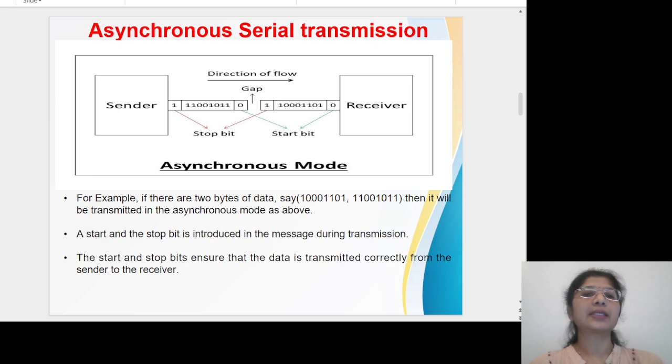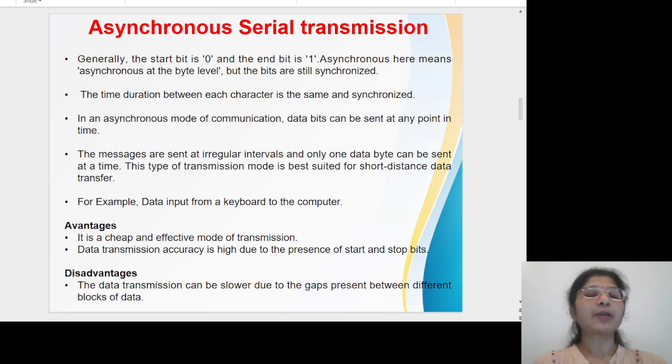Now this diagram represents asynchronous serial data transmission. In this mode of transmission, start and stop bits are introduced in a message during transmission. Start and stop bits ensure that the data is transmitted correctly from sender to receiver. Generally, the start bit is 0 and the stop bit is 1 for this type of transmission. Asynchronous here means asynchronous at a byte level, but the bits are still synchronized. The time duration between each character is the same and synchronized. In an asynchronous mode of communication, data bits can be sent